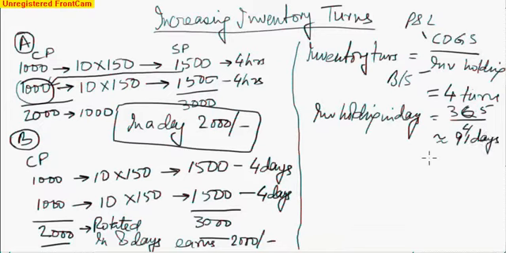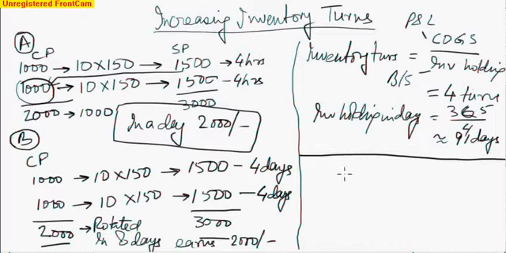Managerial processes which reduce this 91 days substantially can improve the organization in 2 ways. First is by reducing the amount which is locked in as capital, as we saw in the first example in the case of A, and second, by rotating stocks faster. By rotating stocks faster, you earn more revenues and you gain a lot.